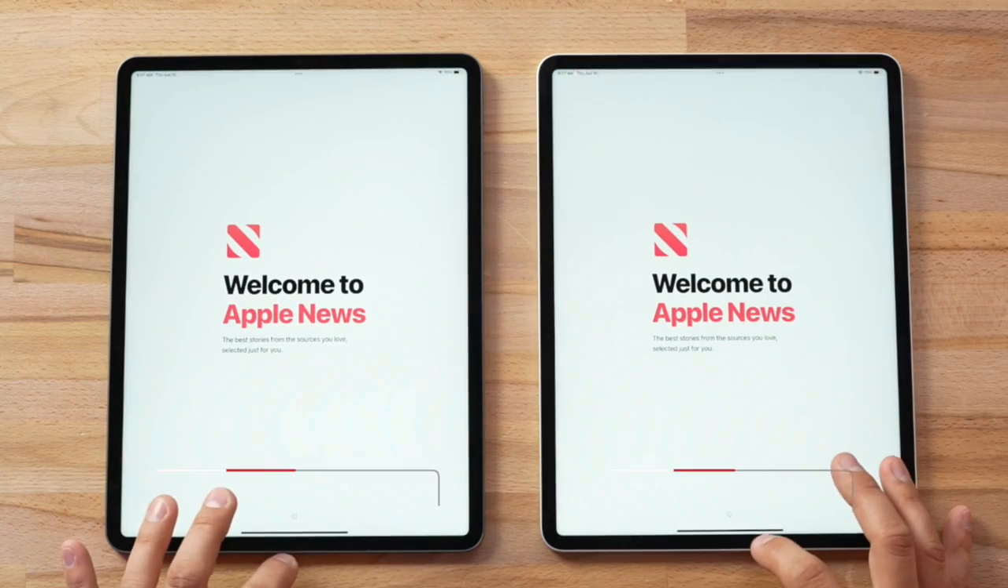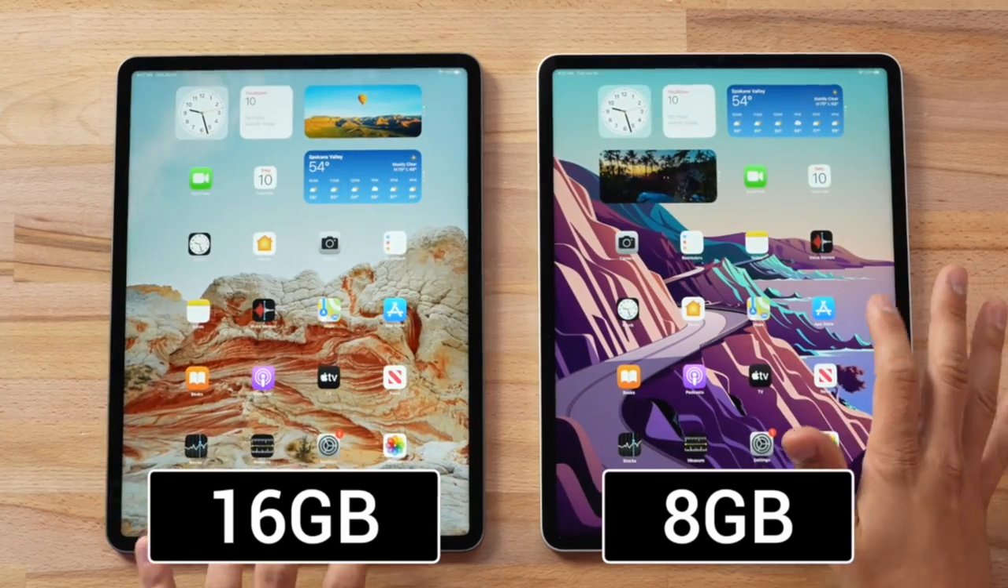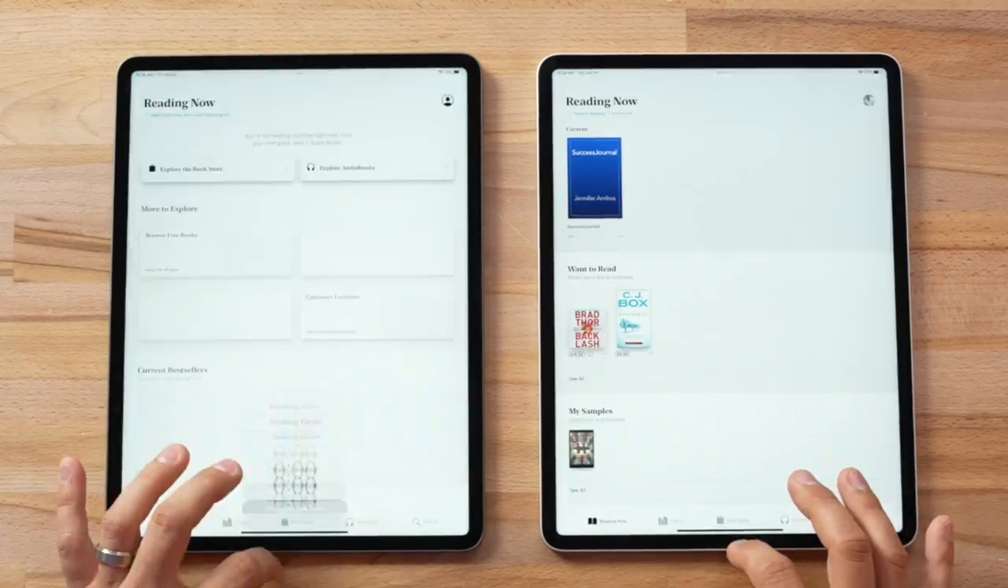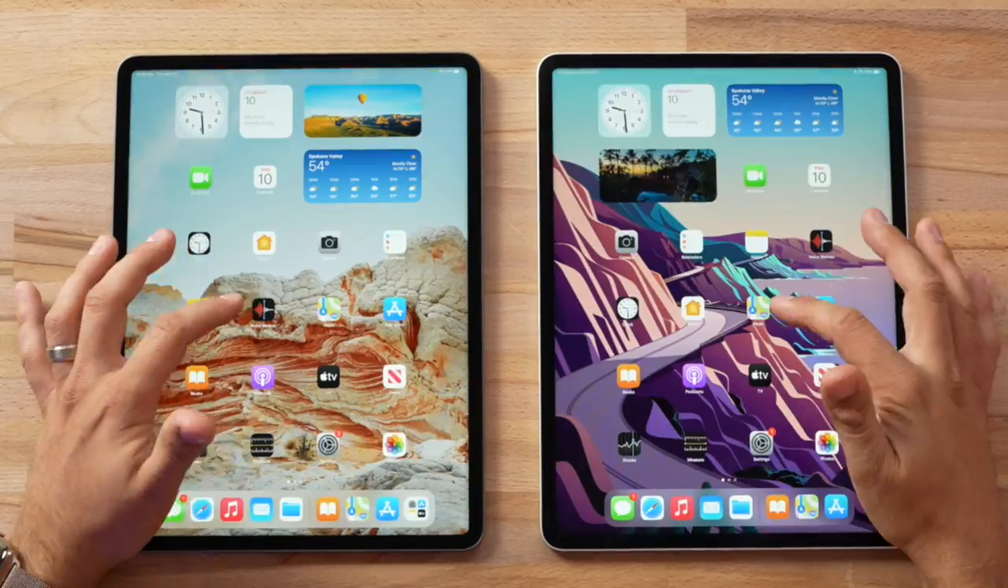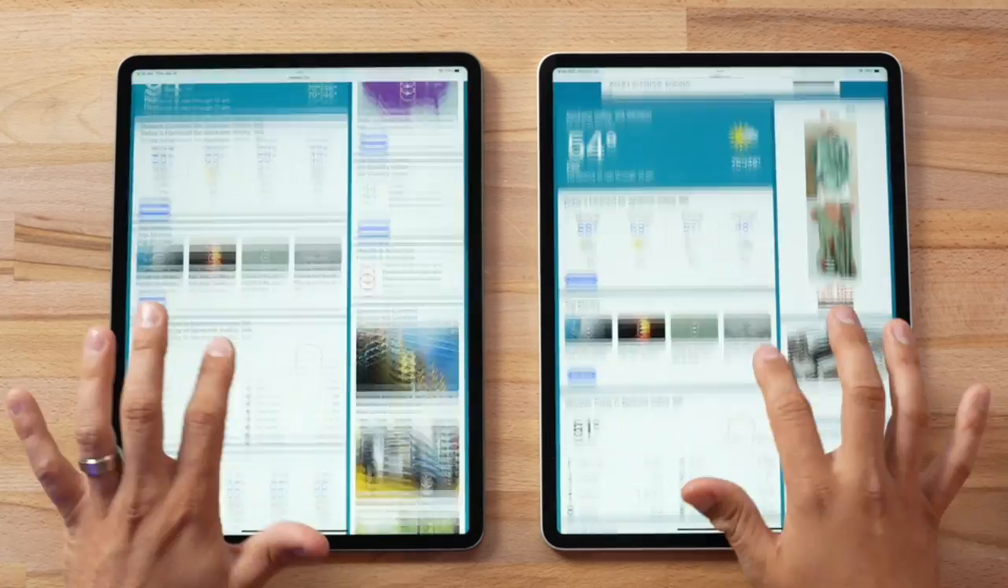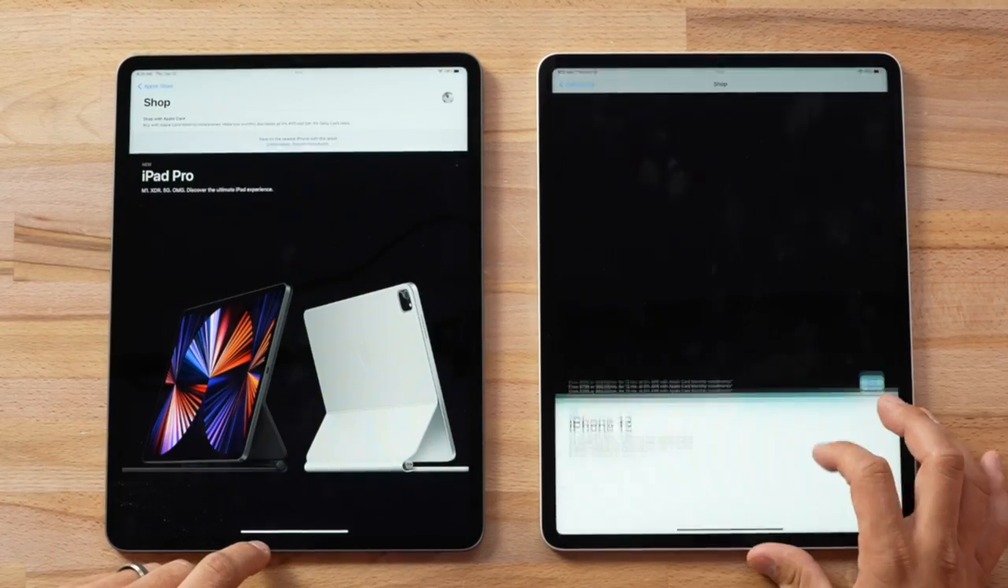As a reminder, I have the 8 gigabyte version on the right-hand side and the 16 gigabyte version on the left-hand side. So I just opened up 20 basic apps, things that just stay open in the background when you use it. I don't know if you guys saw that. This took a lot longer to open up the Apple Store than the 16 gigabyte model did. I don't know if that's just the Wi-Fi or maybe